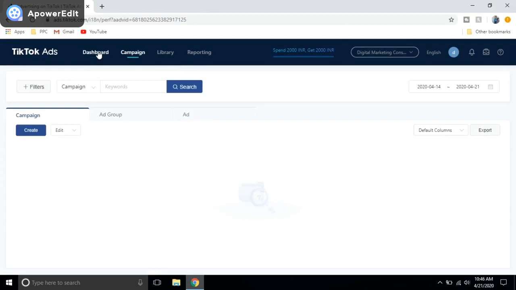So guys, this platform is new, but it is very beneficial because a lot of people are spending their time on TikTok and other apps which are similar to TikTok and which are partners with TikTok. So it would be really beneficial and knowledgeable for digital marketing experts and the people who are learning digital marketing to know about TikTok ads, because it's a new platform and a lot of youngsters and even elders are spending their time on TikTok.